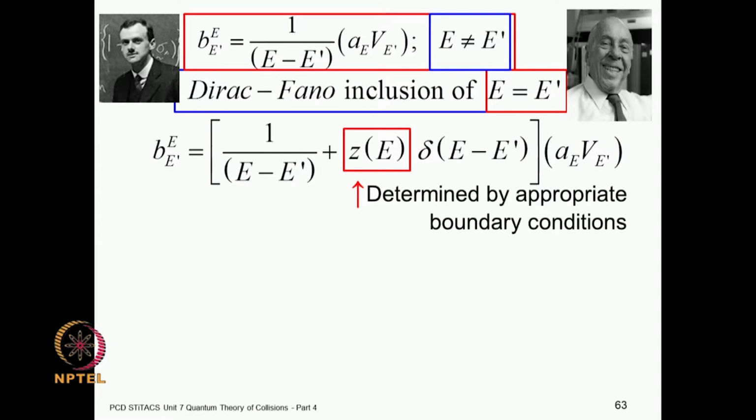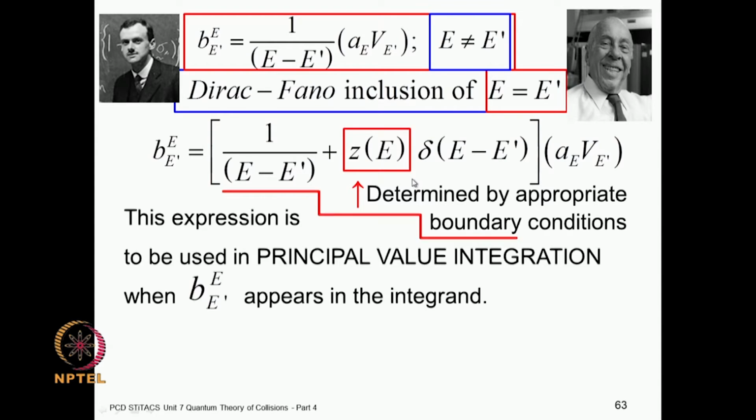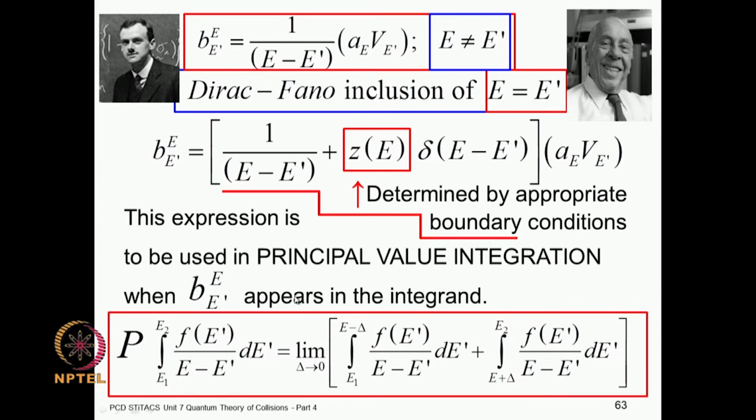So, by putting appropriate boundary conditions, you can determine the function z, and now whenever you have BE in the integrand, then you can use this Dirac-Fano substitute. So, this is a brilliant mathematical device which Fano used in this context. This is to be done using the principal value integration whenever B appears in the integrand,